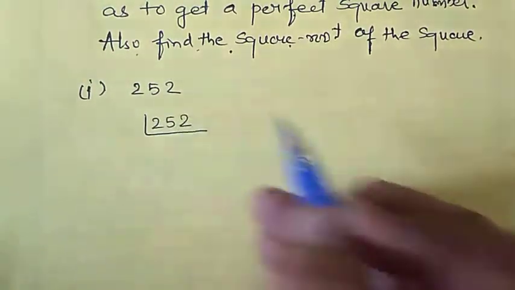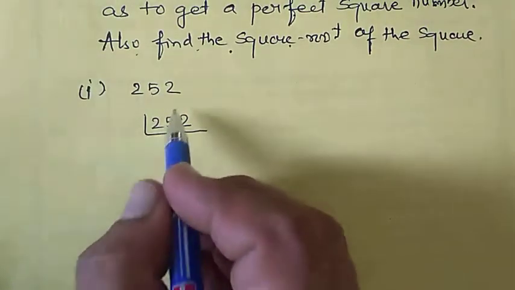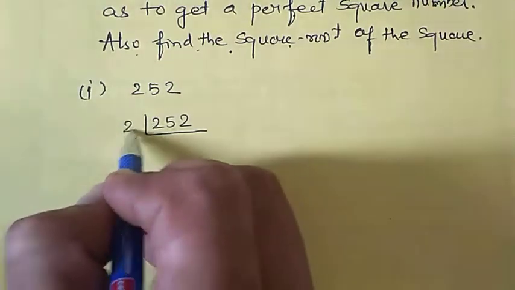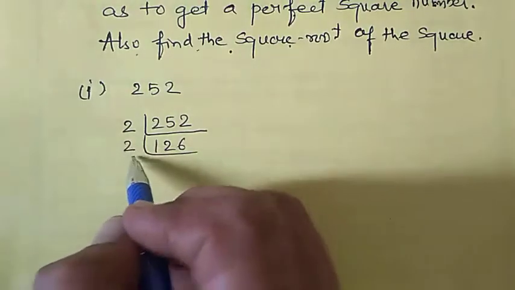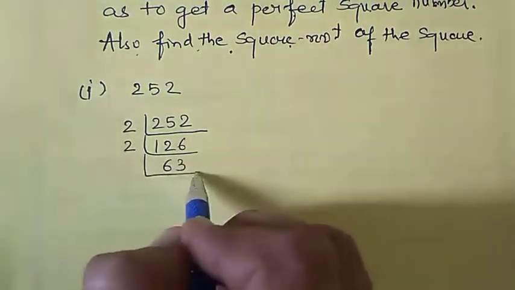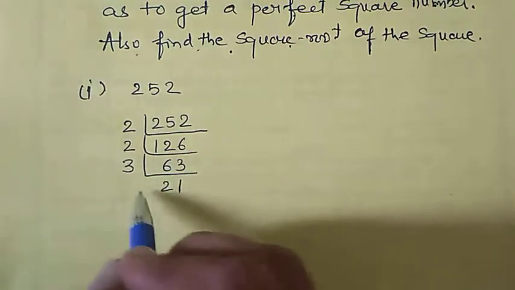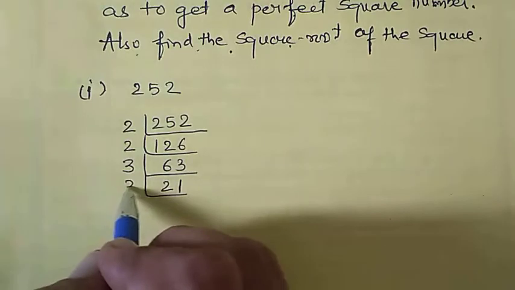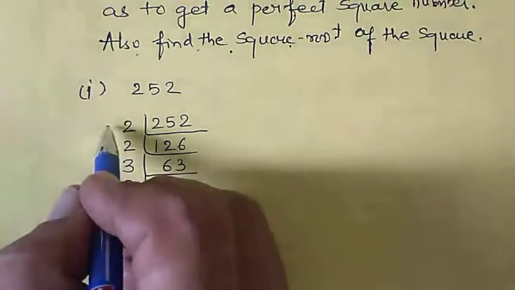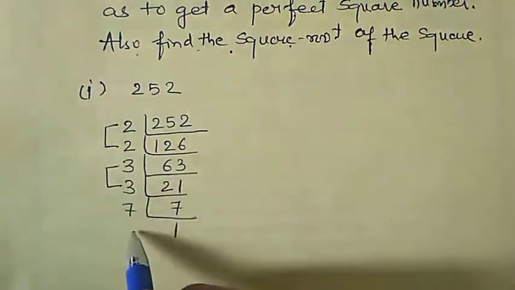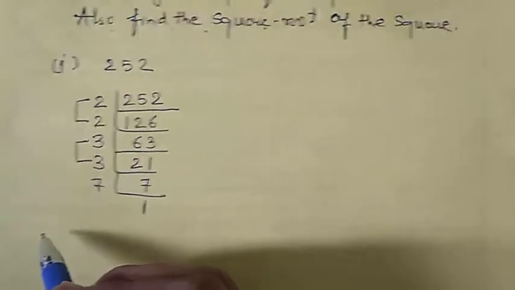So we will first find out the prime factors of it. First step, find the prime factors of the given number. We will start here with 2: 2 into 126. Again possible by 2, 2 into 63. Now not possible by 2 but it will be possible by 3. 3 twos are 6 and 3 ones are 3. Now again possible by 3, 3 sevens are 21 and 7 ones are 7. Here I see I can make pairs of 2 and 3 but not of 7. I am requiring one more.